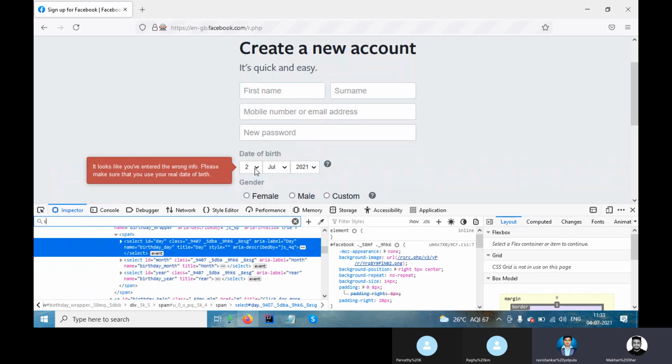Let me try. Double slash select. After select what? Can't you pass the element directly? You mean send keys? Absolutely, yeah, send keys.